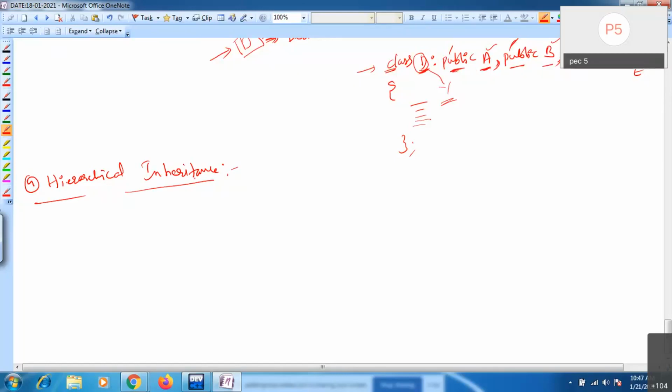A single base class derives more than one derived class. For example, here you have A. This single base class is going to derive more than one derived class. See here B, C, D, E.